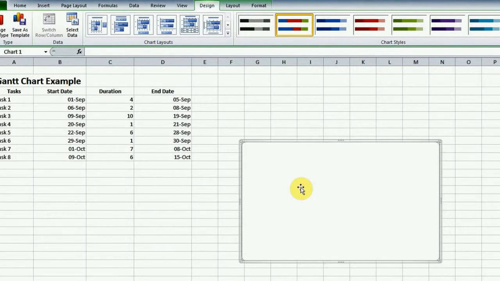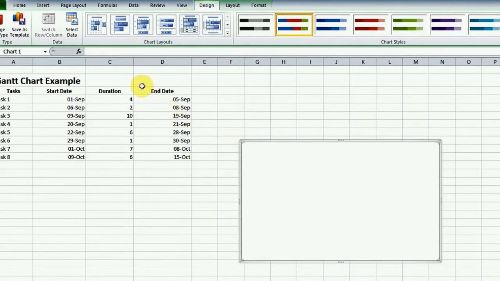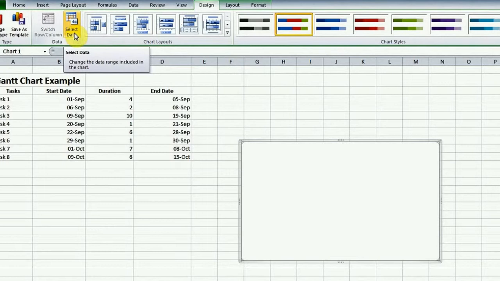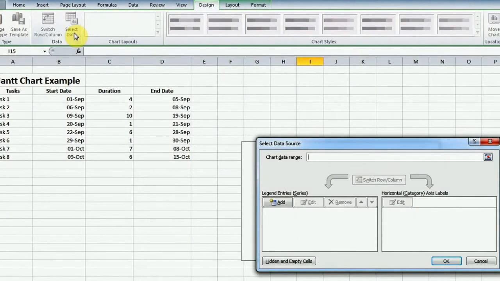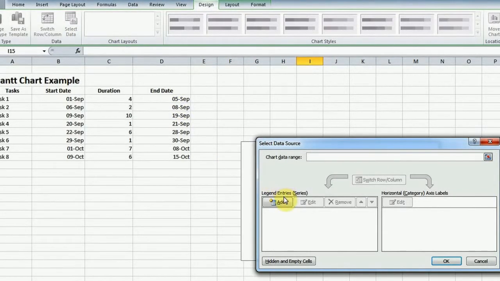A white graph area will appear. The next step is to click on the Select Data from the Chart tools. From the pop-up menu, select Data Source.